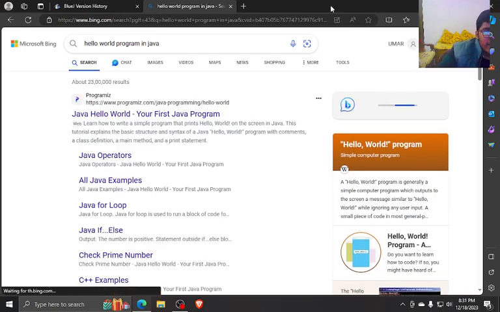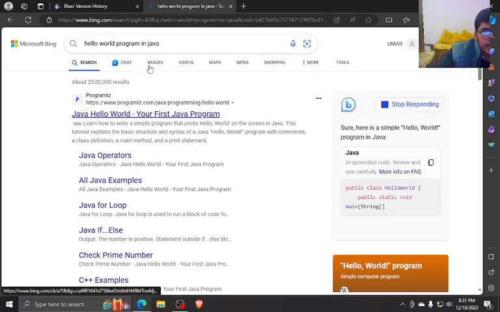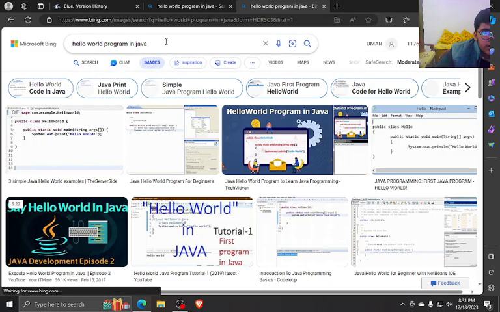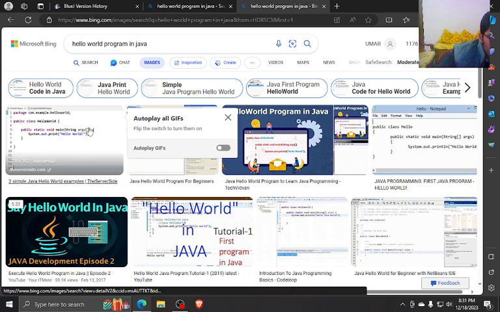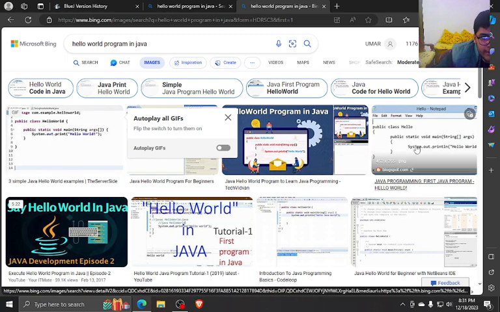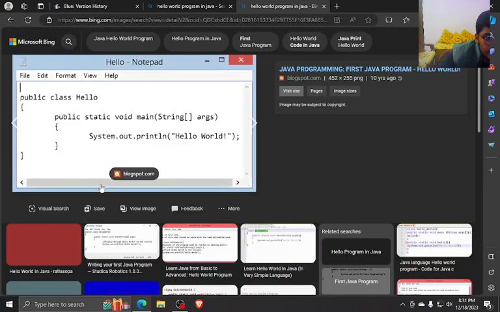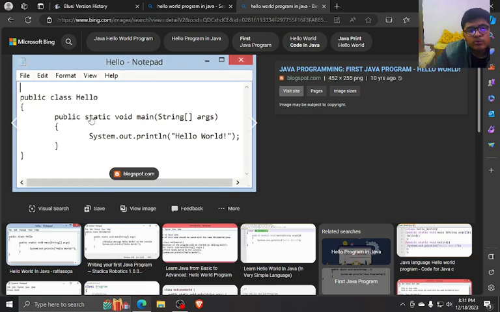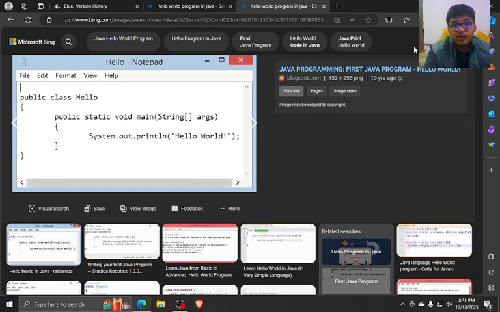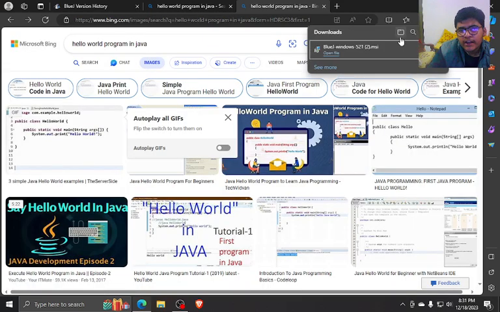And we are going to quickly see an image, just to get a brief overview of what things are going to look like. So what we are going to do today is going to be something like this. We are going to make a class, then we are going to make a main method, and inside that main method we are going to write our print statement, and it is going to print hello world. And now, because my IDE is installed, we can directly continue